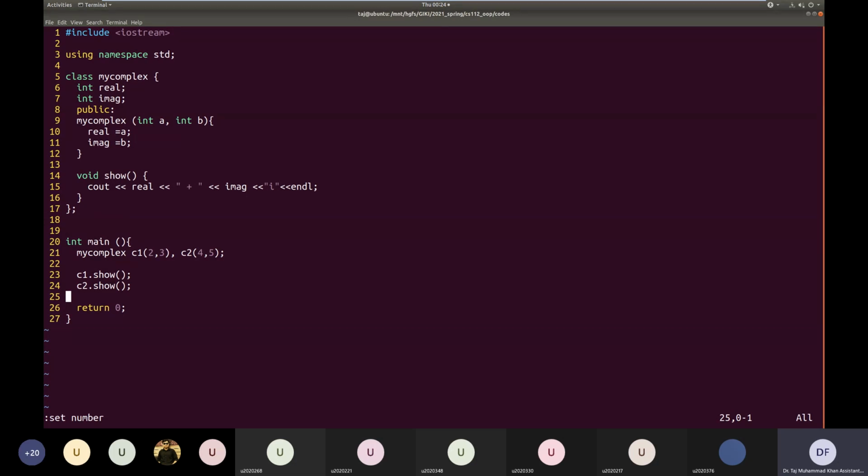So we have a constructor that takes two arguments and assigns the real and imaginary part, and a function called show, which displays the complex number, both its real and imaginary part, in the way that we are used to seeing it in our math books, which is real plus imaginary and I. I is for that iota thing that we have in complex numbers. So let me compile this.